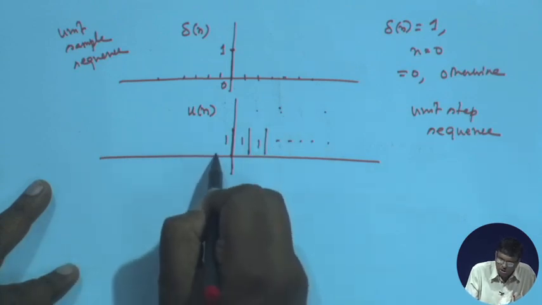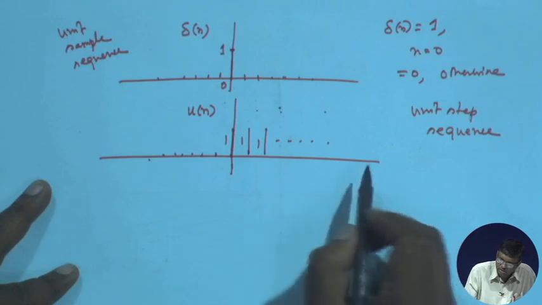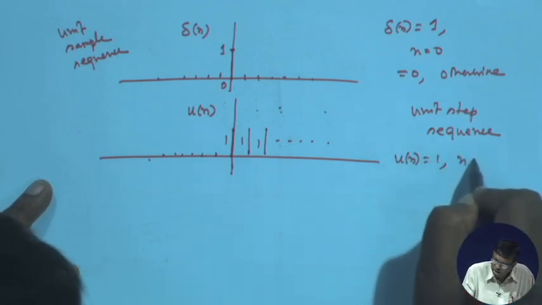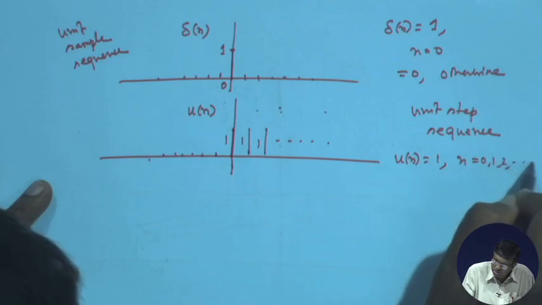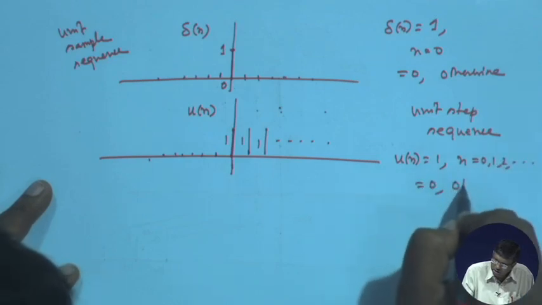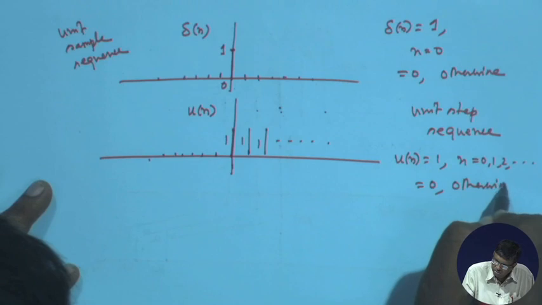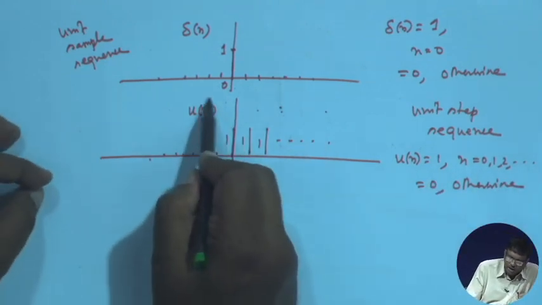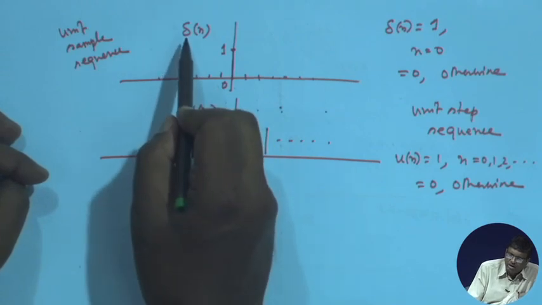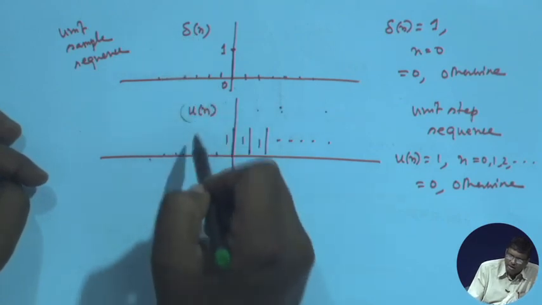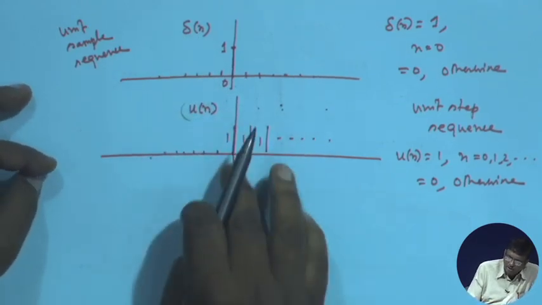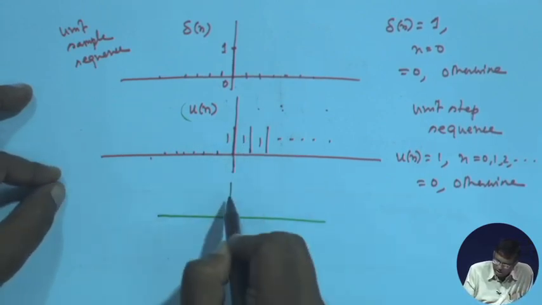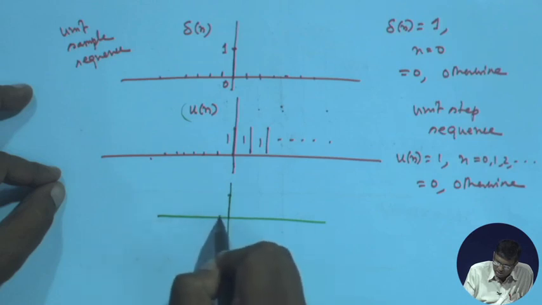All values are 1 on this side, 0 on this side. So, u[n] is equal to 1 for n = 0, 1, 2, ... and 0 otherwise. Then, can I write u[n] in terms of delta[n], and can I write delta[n] in terms of u[n]? Now, you can view u[n] as though there is one impulse and 0, 0,